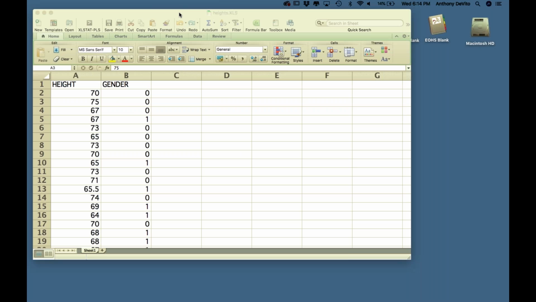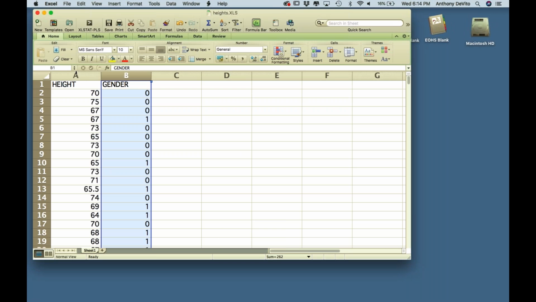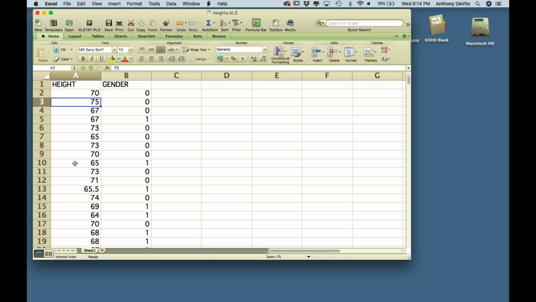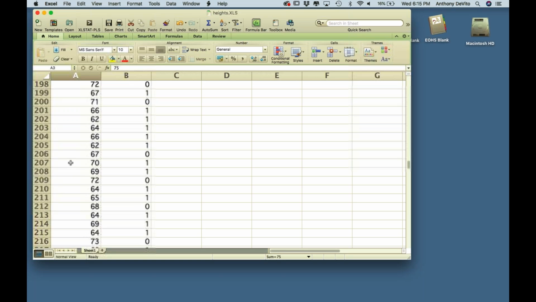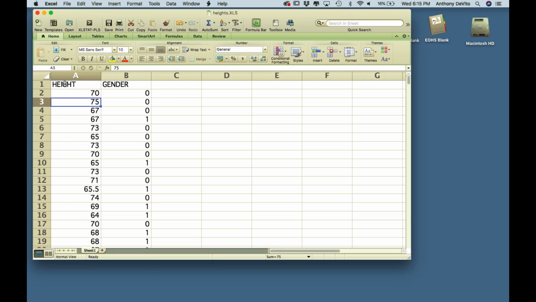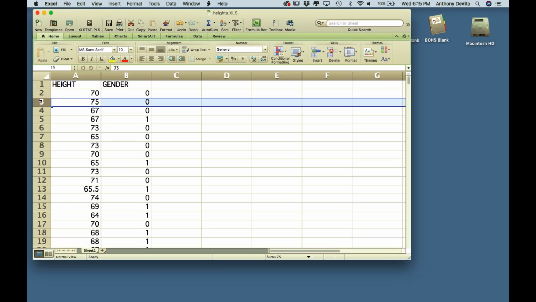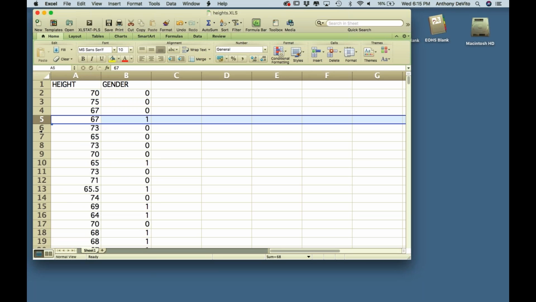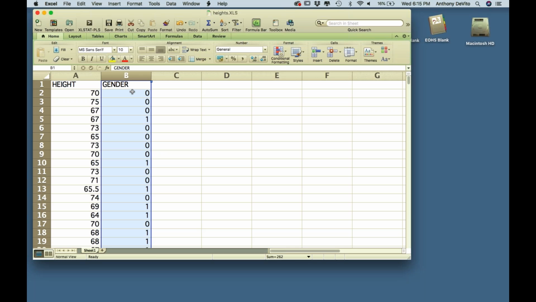So we have the Excel file heights.xls open in Excel. In the columns, we have the variables height and gender. Height is literally just the height in inches of, say, a sample of students. See how many there are. I think there's something like 381, right? It goes down to 382, but that top row is the name of the variable height. Okay, so only 381 students, and each row represents a record or a student subject in this case. Okay, and next to that we have a different variable, gender, and